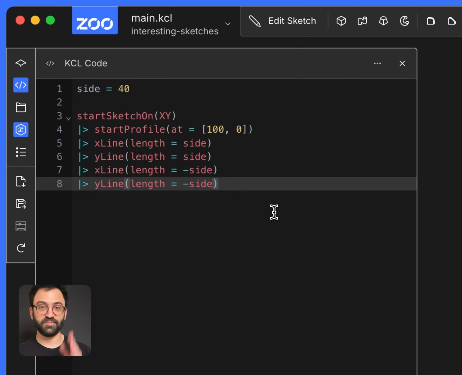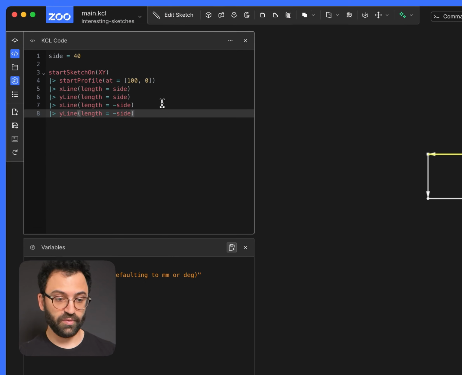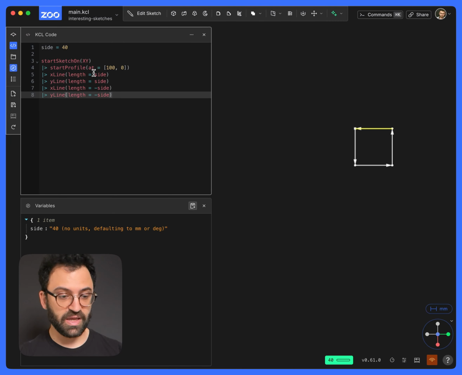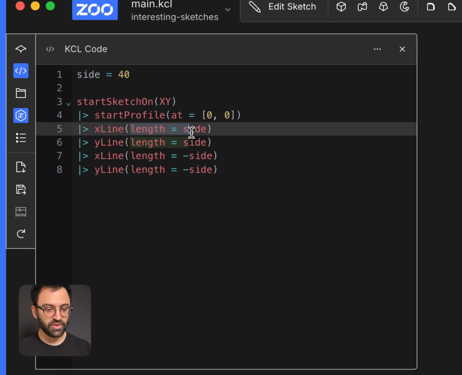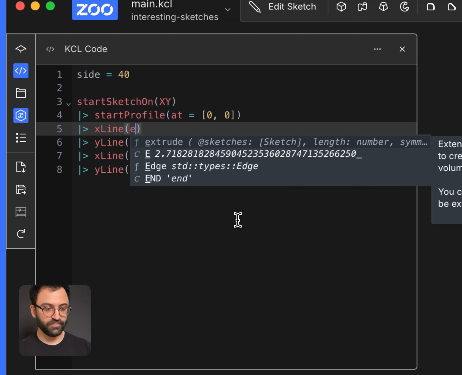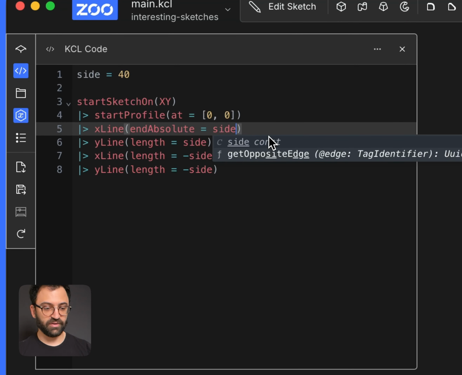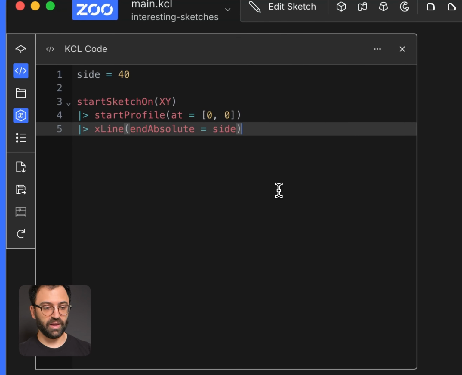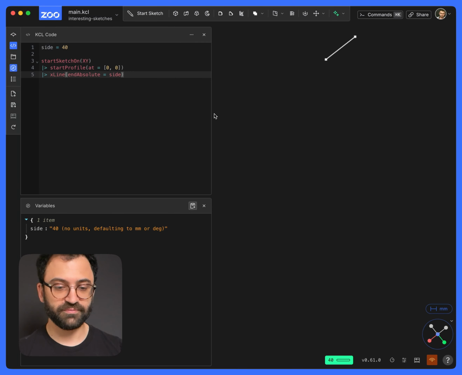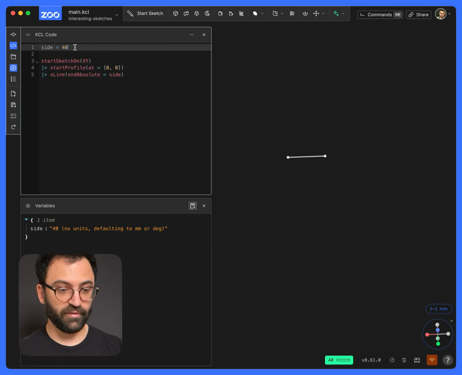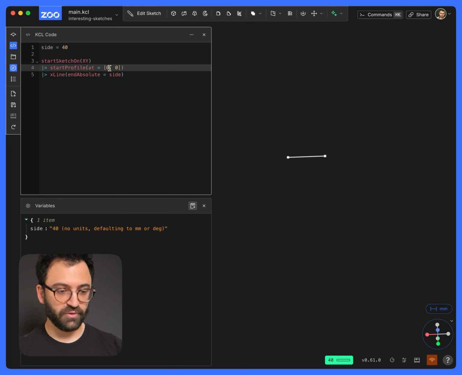Because all of these lengths are relative. It doesn't actually take in specific coordinate positions. If it did, this would change. Let's see an example. Let's put this back to 0. If we change this to xLine with end absolute equals side. Now we're saying draw an xLine that stops at x equals 40. Now if we change this, let's say we started at 20, the line's going to half